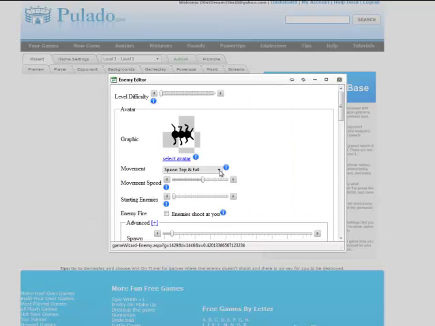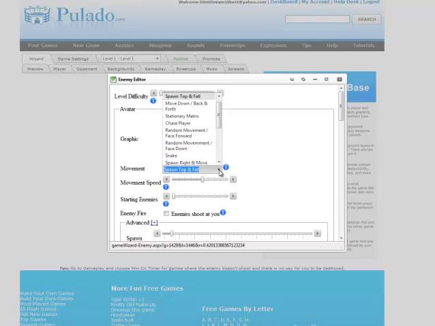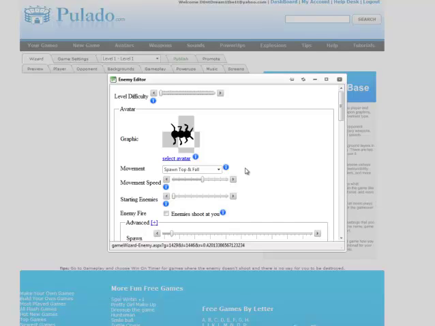Once you have chosen your avatar, you can start controlling the movement of your opponent avatar. You can start doing this by selecting the type of movement from the drop-down box that you would like to assign to the opponent in your game. These movements include movement from left to right, where the opponent spawns to the left and right side of the screen. The left opponents move right in a straight line, and the right opponents move in a straight line, and